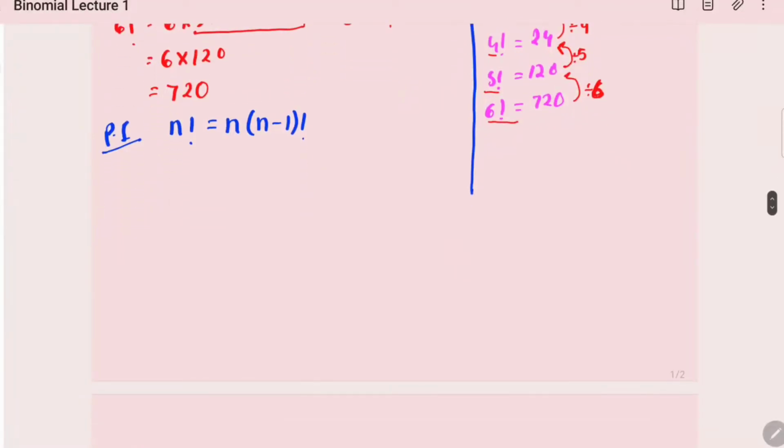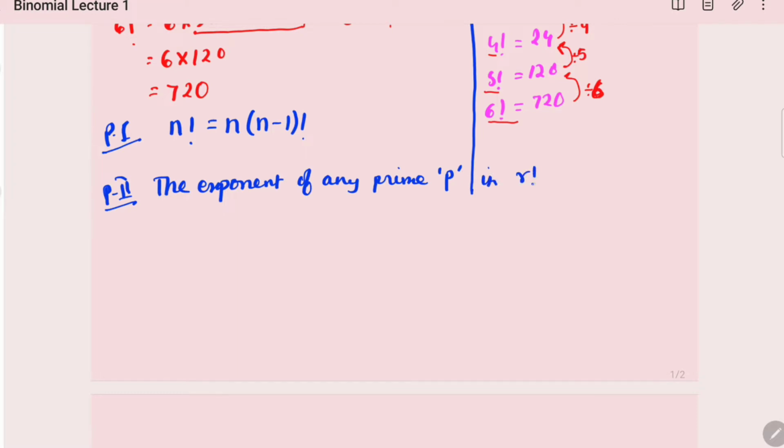Now let's move forward. So our next property is something that I am going to do without proof. I claim that the exponent of any prime p in r factorial, where r belongs to the natural numbers, is given by